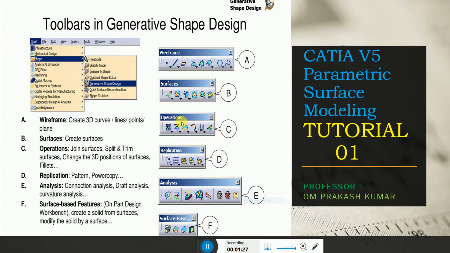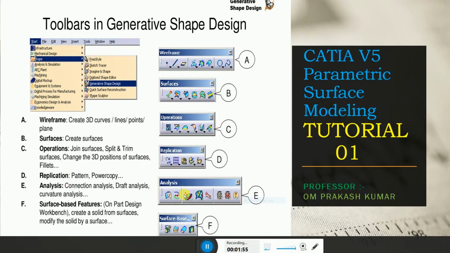In the operation toolbar, there are various tools inside: join surface, split, trim, and change the 3D position of a surface. Fillets. Replication. Inside replication is the pattern. How to create a pattern? Circular pattern, linear pattern.